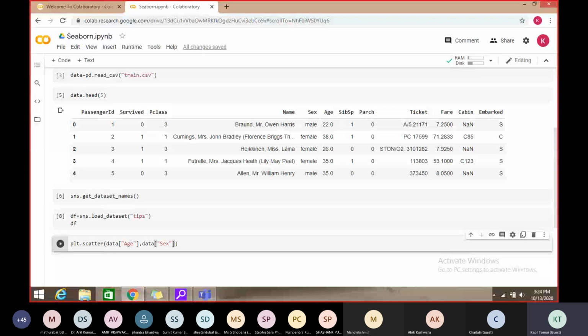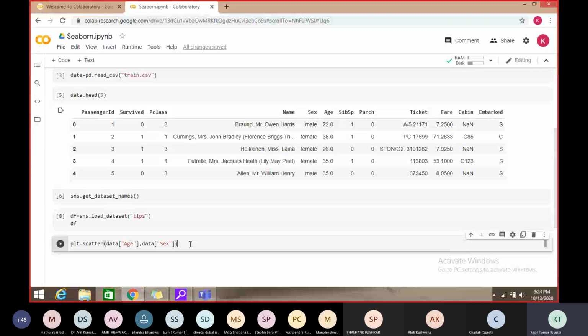What we want to do is plot a scatter graph just to detect the outliers among that data. So we call plot.scatter between two variables, age and sex.